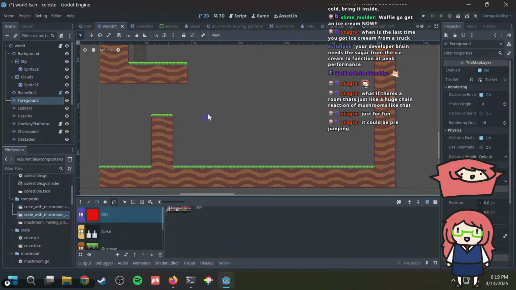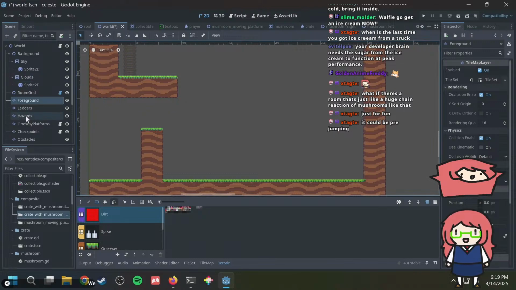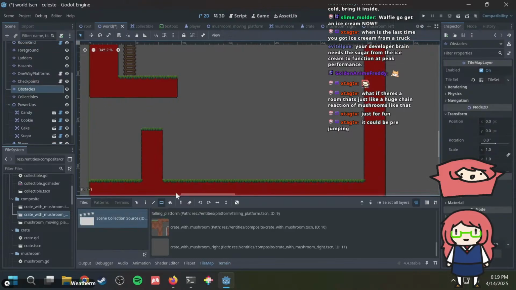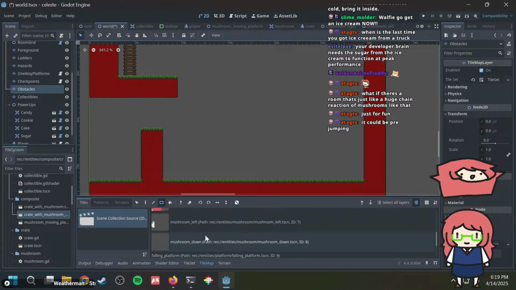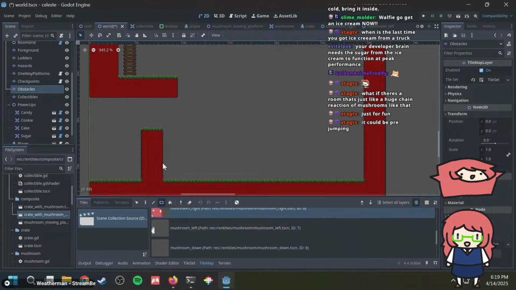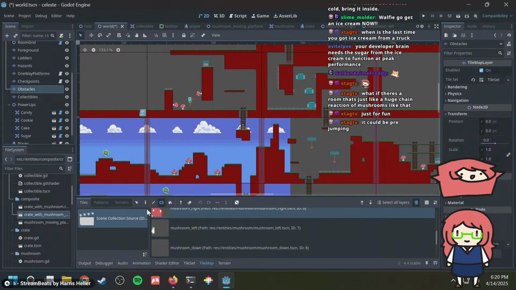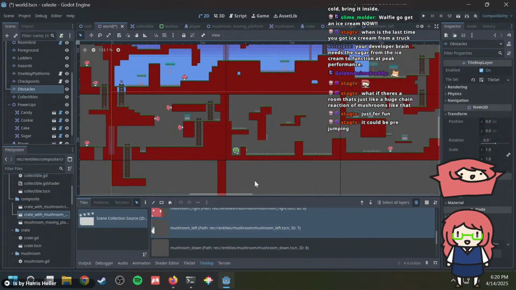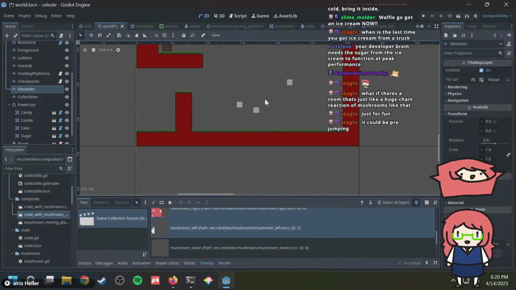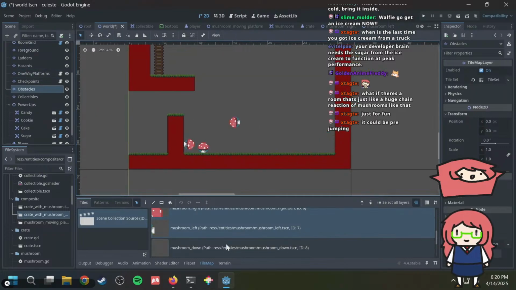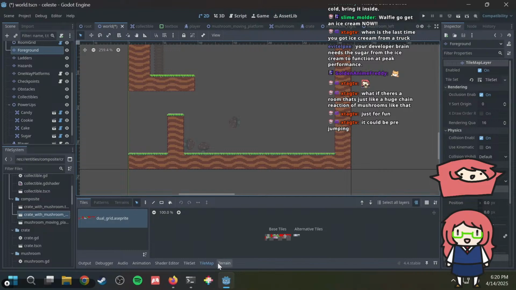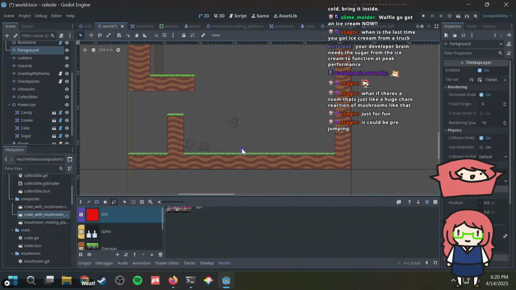Okay, and then that has spikes on top. And then you have a mushroom. A rightward facing mushroom. I believe this one is... Where is it? I could just copy this, I guess. Go down here, you paste it. Right there. Okay, so then over here you got this one,